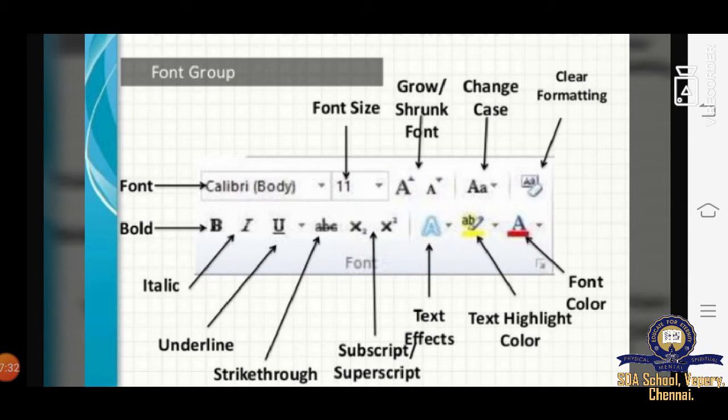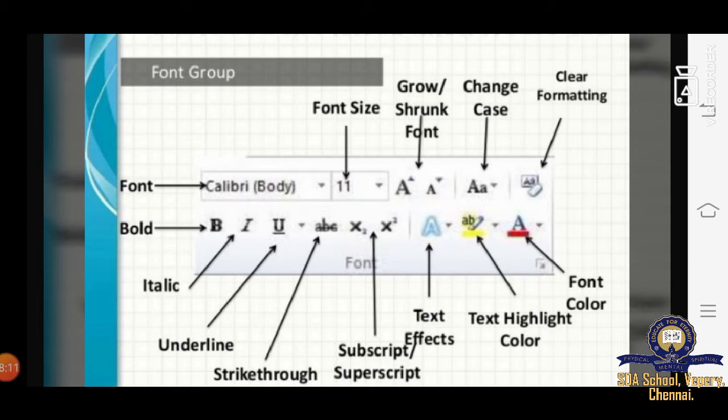Okay, the font group allows specifications for the text in the cells, and the font styles, size, underline styles, color, effects can also be mentioned over here. In this everything is there, children. The first one, if we see this, the font size, you can increase the size of whatever data you are typing, numbers, you can even increase your number, and this is called grow font. Okay, and this is change case. Okay, you can change your style of writing.